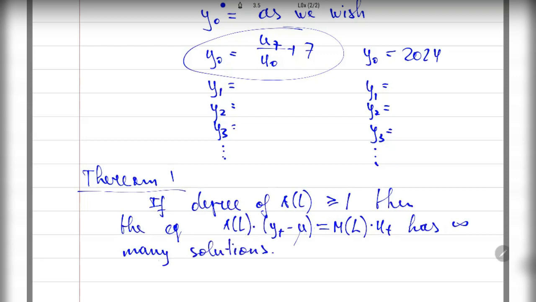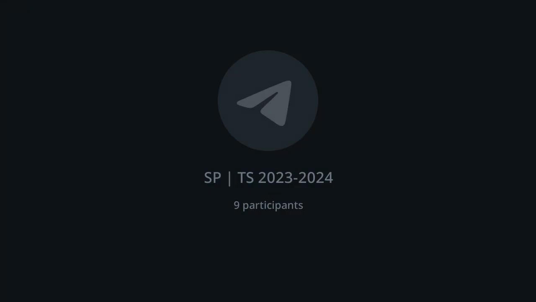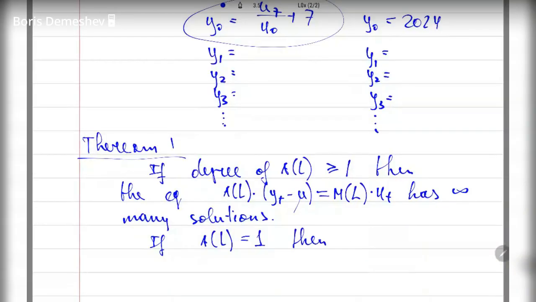So if we have at least one lag in the polynomial A of L, then the number of solutions is infinite. And if A of L is just equal to 1, so there are no lags in the first polynomial, then the equation has a unique